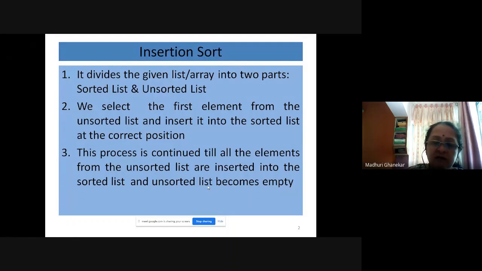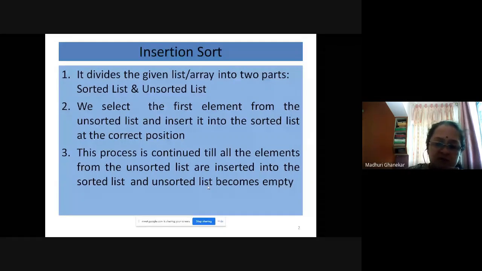Initially all the elements are not sorted. The whole array you can treat as unsorted, or just the very first element you can treat as sorted, because when there is only one element it is always sorted.